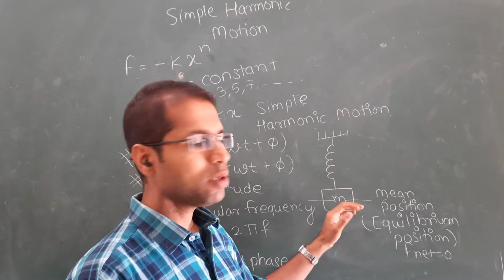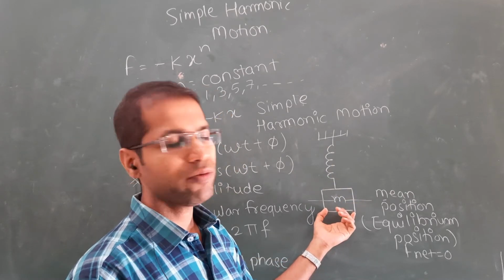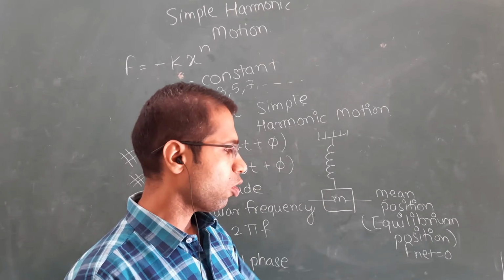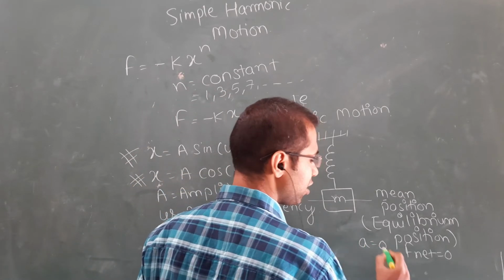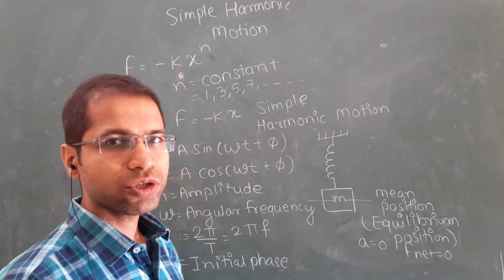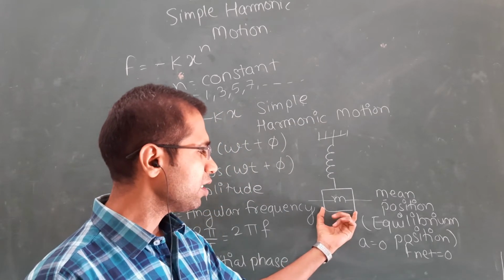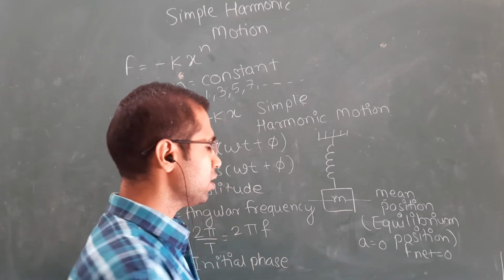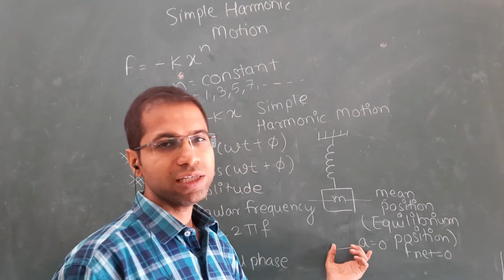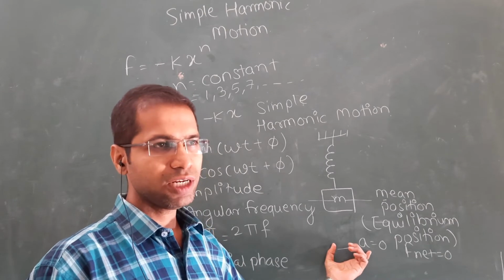So both are in equilibrium, that's why the block is not moving anywhere. F net is equal to 0. Also, as force is 0, I can also write linear acceleration is also equal to 0. So what I am doing, I am taking this block and pulling it downwards and moving it to some position somewhere here and releasing it. Once this is released, what happens?